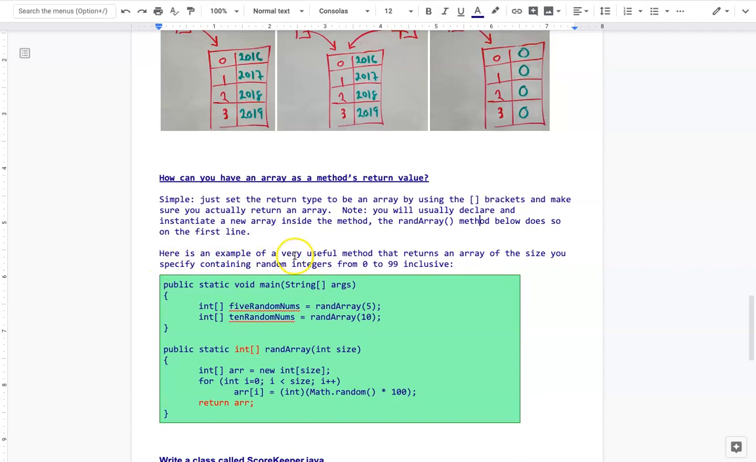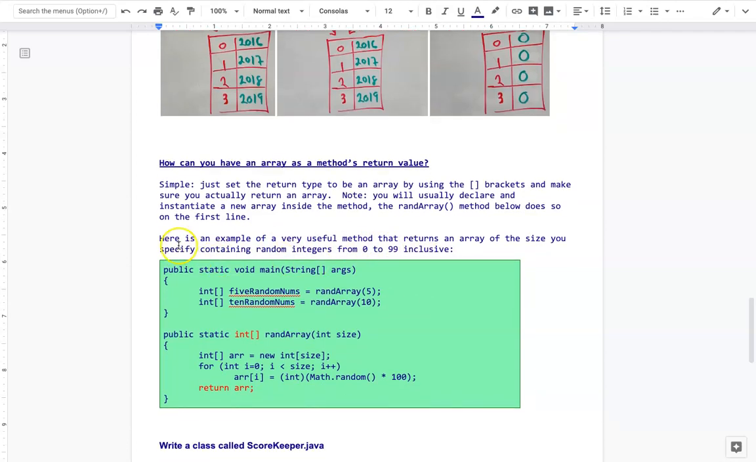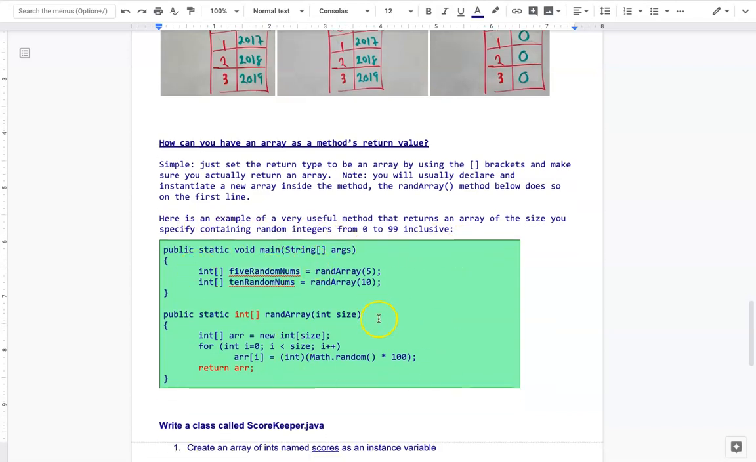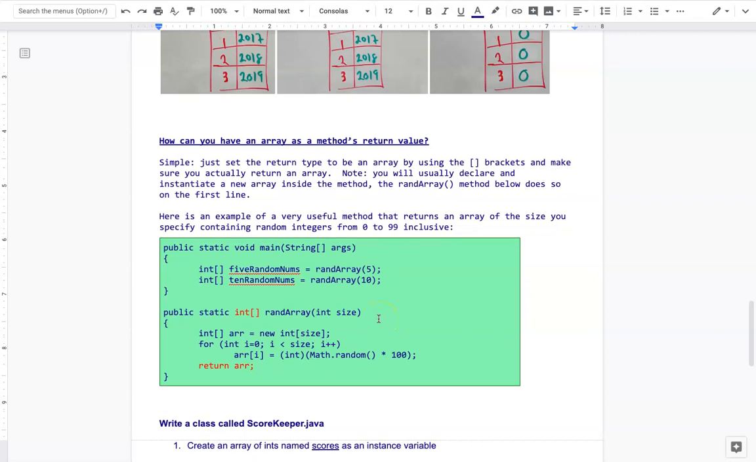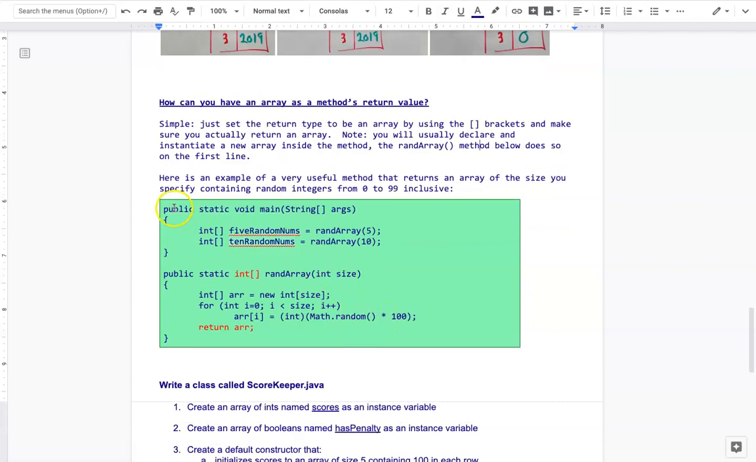So here we go. Here's an example of a very useful method that returns an array of the size you specify, containing random integers from 0 to 99 inclusive. This code here you could copy and paste into a demo program if you wanted to. So here's our main header,